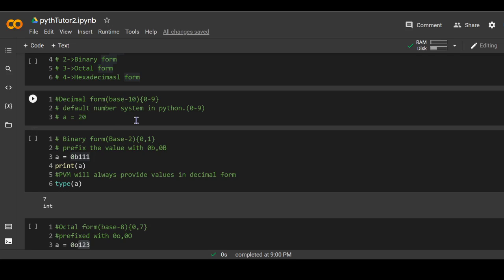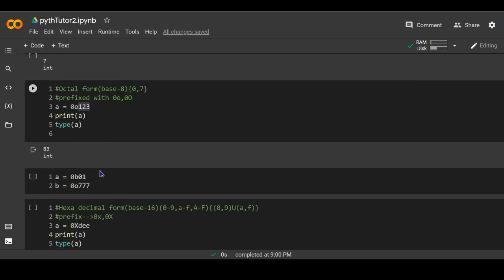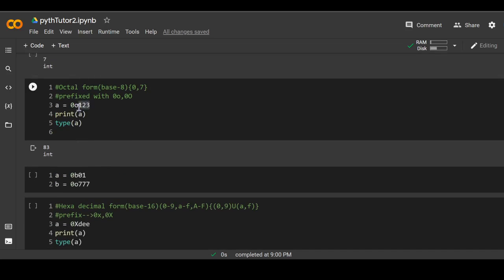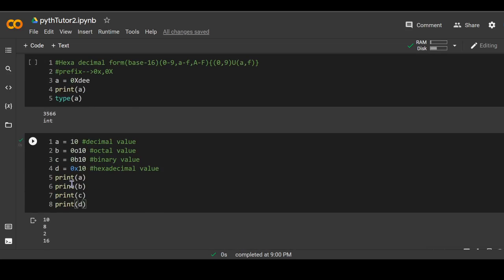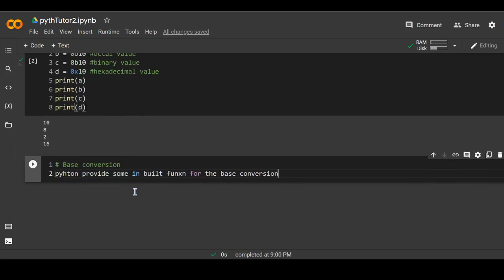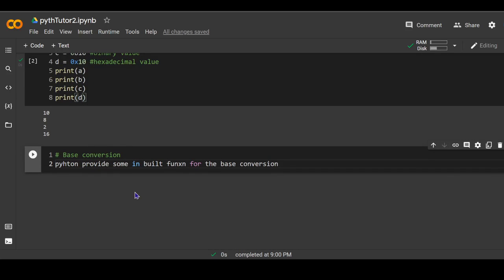So how to convert a decimal value to its binary equivalent, or a binary value to its equivalent octal one, and a hexadecimal value to a decimal value. Today we are going to study how we can interconvert each into one another.